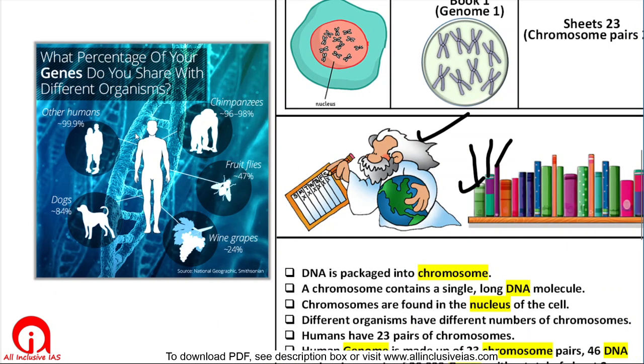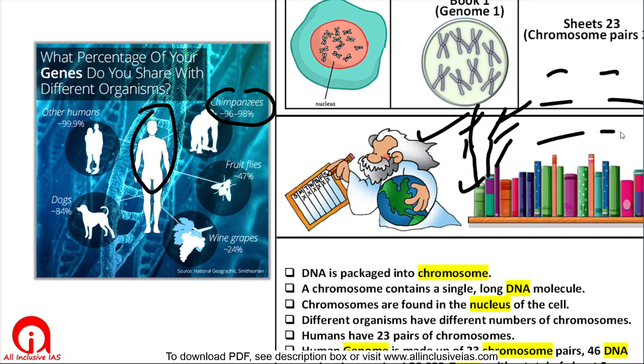So if you compare the genes of the human genome with the genome of a chimpanzee, that is, if you're comparing two books, the book on humans versus the book on chimpanzee, you will find that 97% of sentences will be the same. Only 3% of sentences differ, right? You can imagine, in both these books it will be written that there are 2 eyes, 2 hands, 2 legs, 1 nose. So obviously many things would be written similarly. So if you change human DNA by 2-3% in a particular way, you can form a chimpanzee.